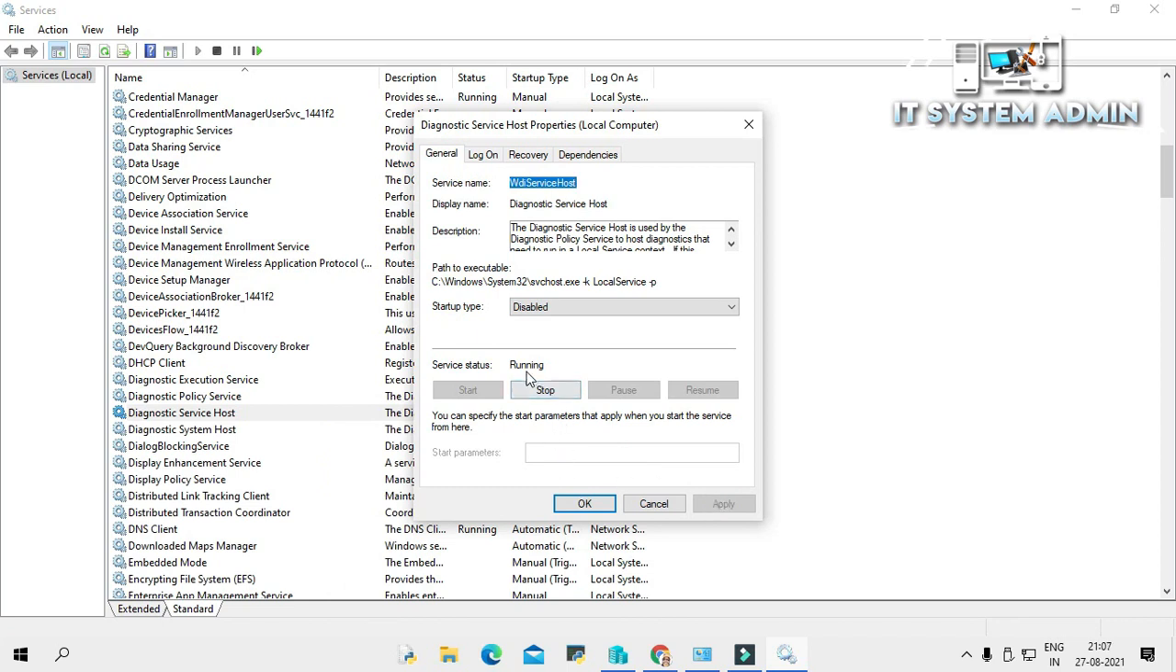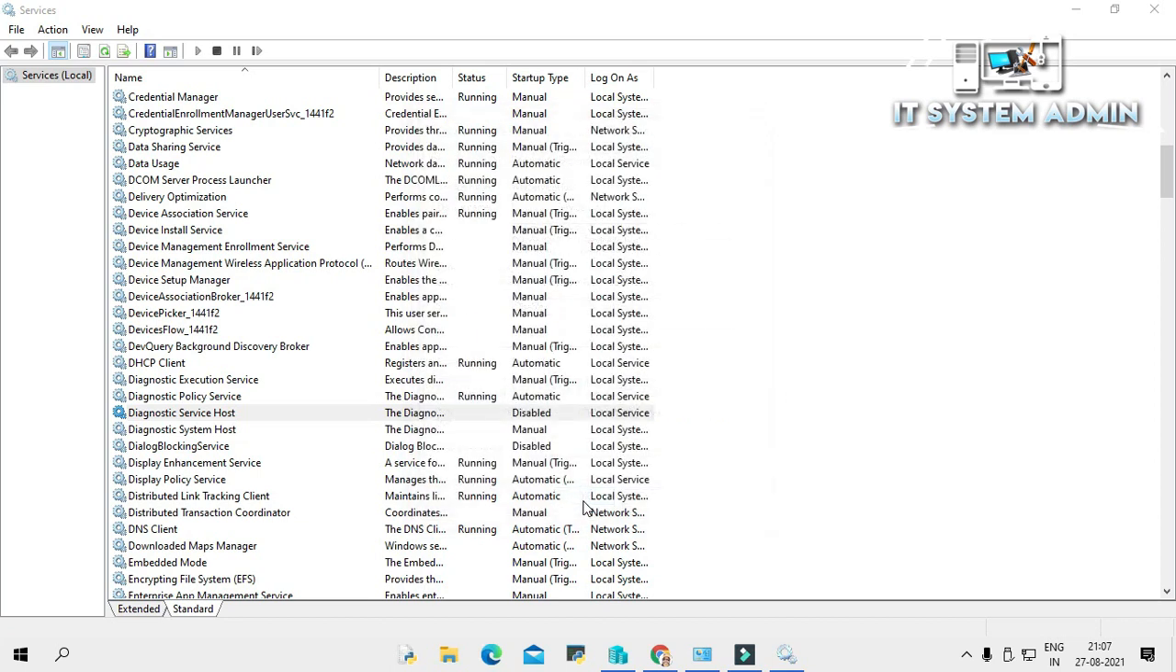And then the service status is running, so you have to stop it. Click on Stop. Okay, now click OK. Look, the service is disabled and is not running right now. Okay, now you have to